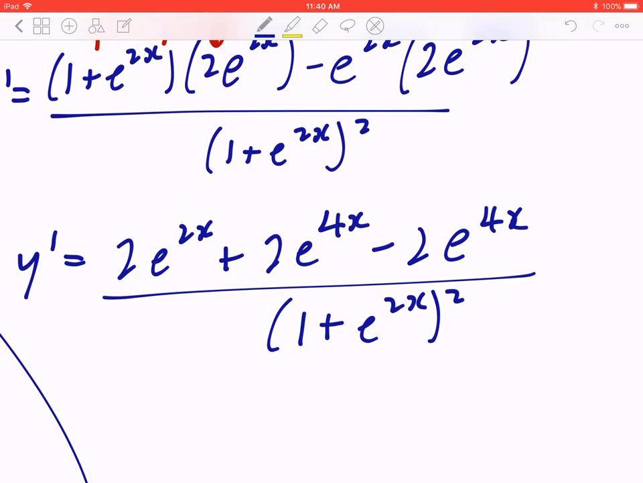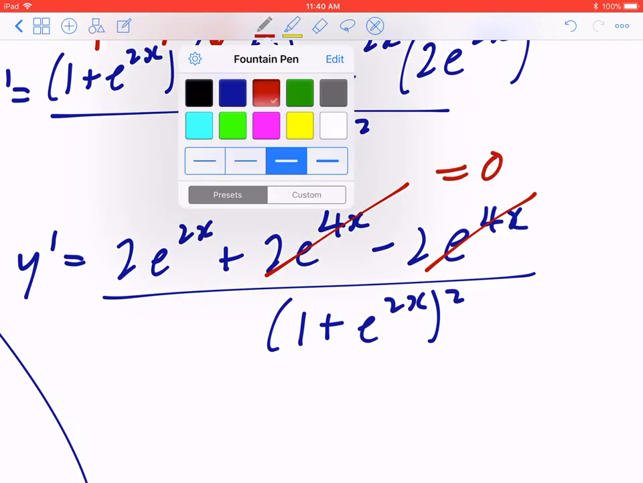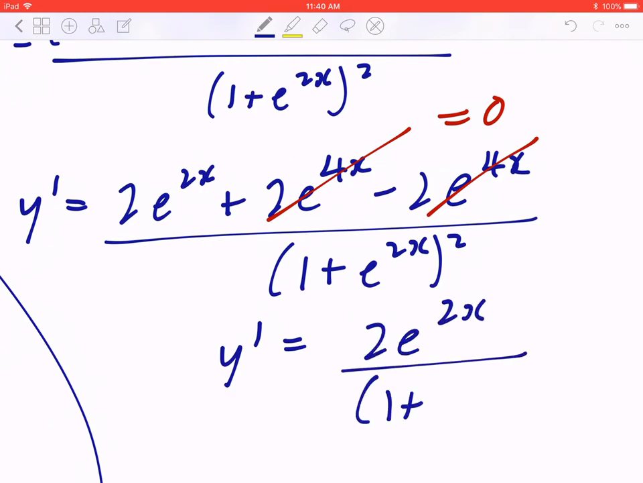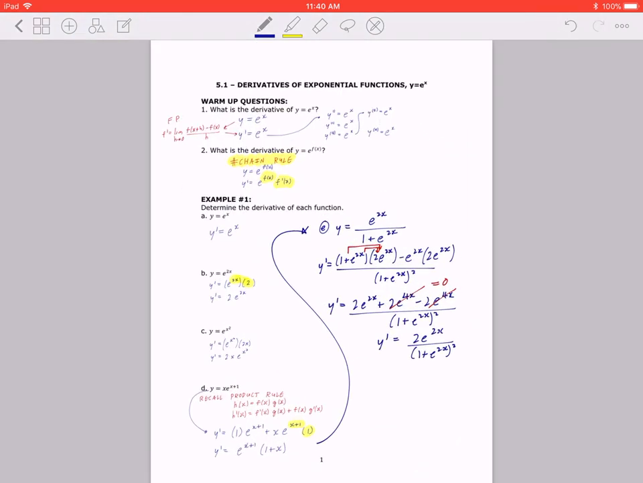When you collect like terms, you will notice that 2e to the 4x minus itself will give you 0. So the final answer, y prime equals 2e to the 2x divided by (1 plus e to the 2x) quantity squared. Now again, I hope you did this right, and in case you need more to improve